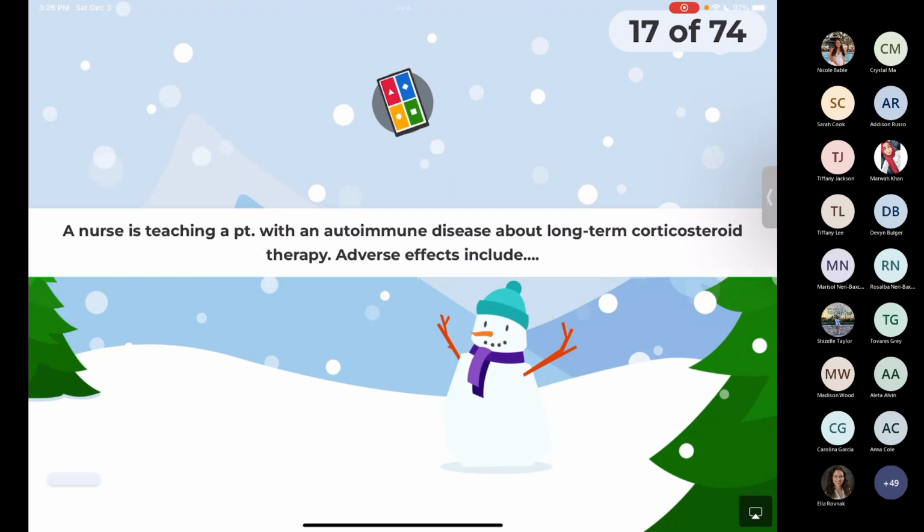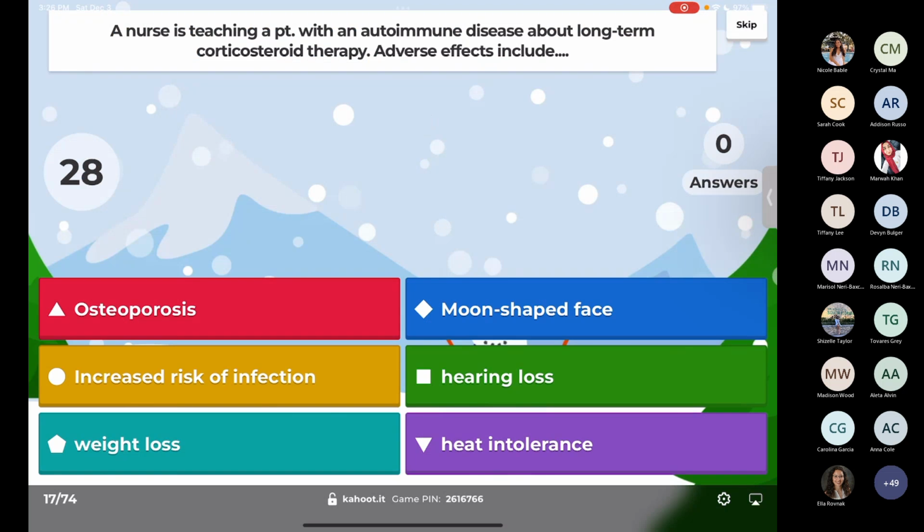This one is select all that apply. A nurse is teaching a patient with an autoimmune disease about long-term corticosteroid therapy. Adverse effects include